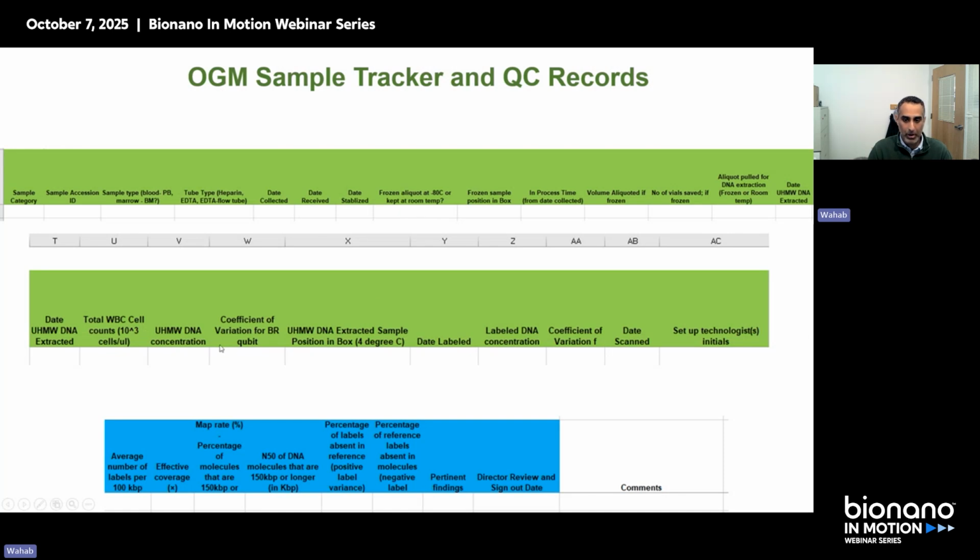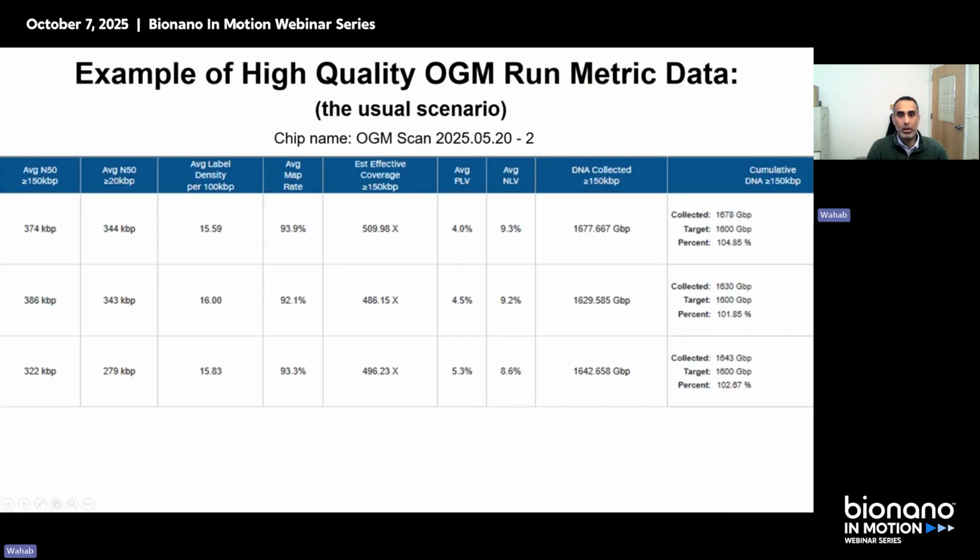And then there are some other parameters here that are also captured during the wet lab stages of the process. And then these are the QC parameters that I talked about that are important to track and capture, to see if there's any, or rule out if there's any, drift in the sample QC over time. So this is an example of a